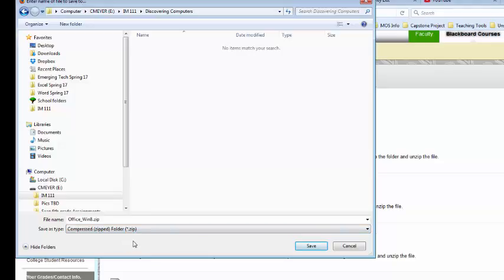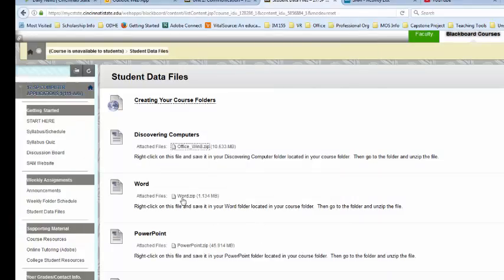The reason for that is if somebody were to double click on the file, not knowing what program you used to create it in, it will search their computer for a program that uses that extension. So don't type a period in your file names, and just let the program you're using create that extension. So I'm going to go ahead and click on Save, and then I'm going to do the same thing for